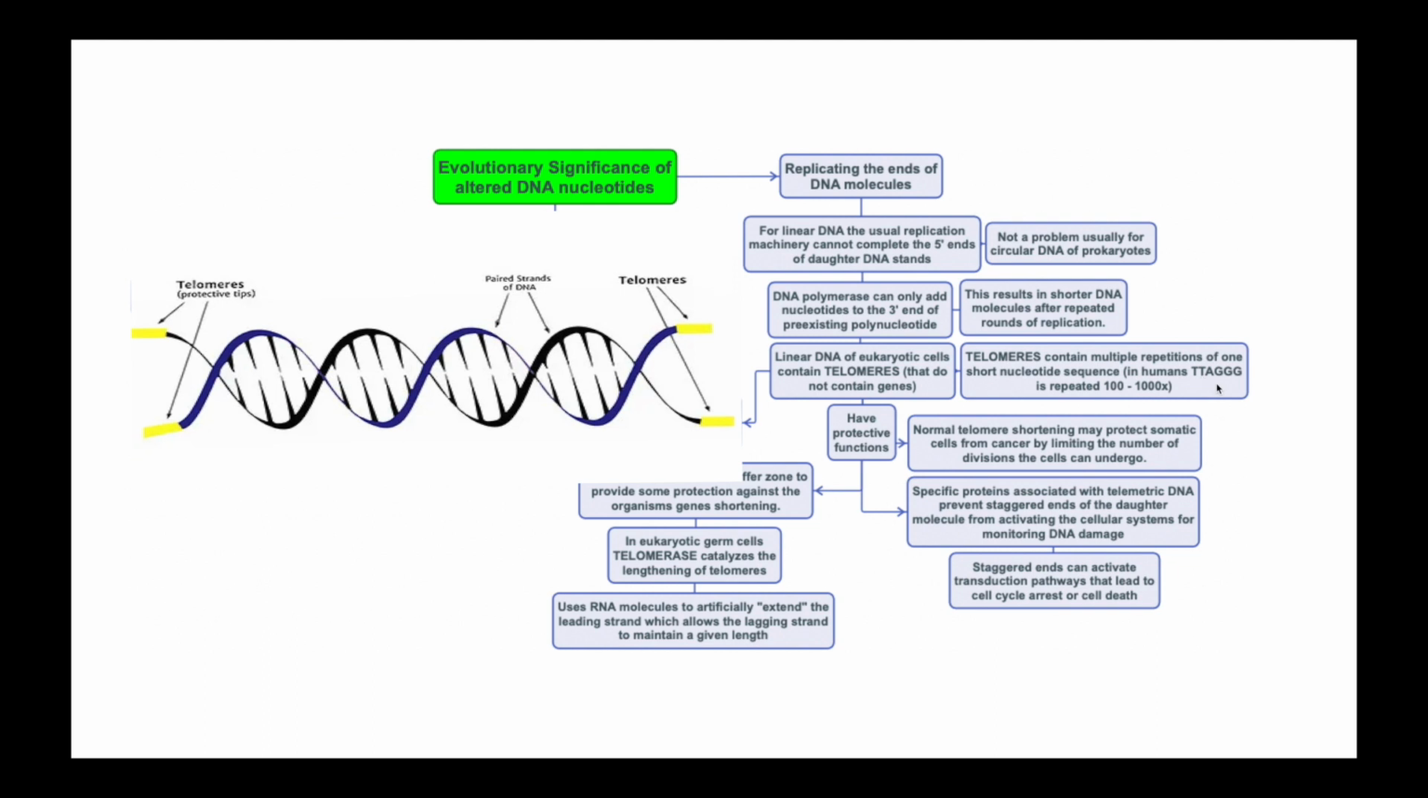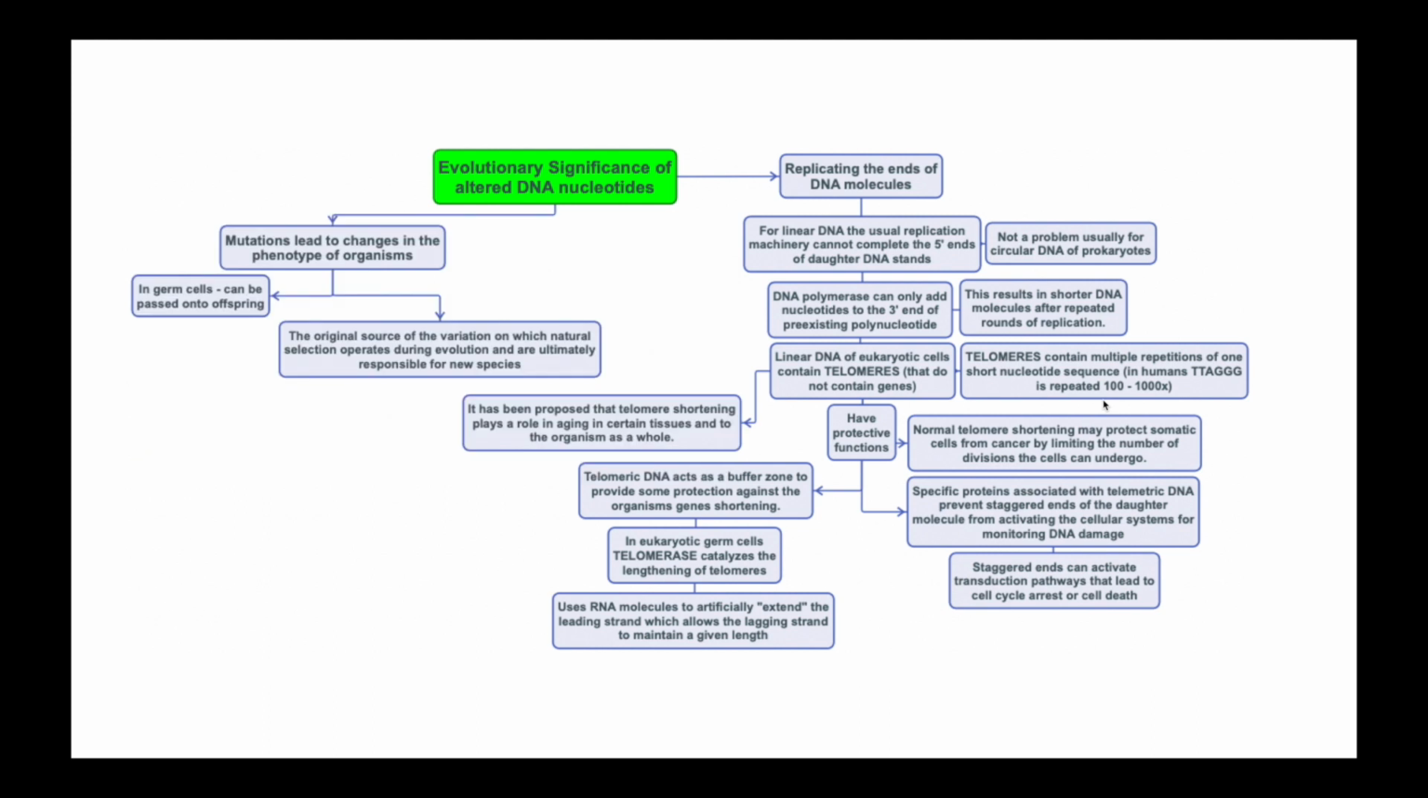In humans, these repeating units are TTAGGG, and this can be repeated any number of times, from 100 to about 1,000 times. Ultimately, as you replicate the chromosomes, each time you do it, it's going to get a little bit shorter on the lagging strand of that chromosome. And what they think this is for is that it's kind of a control to help